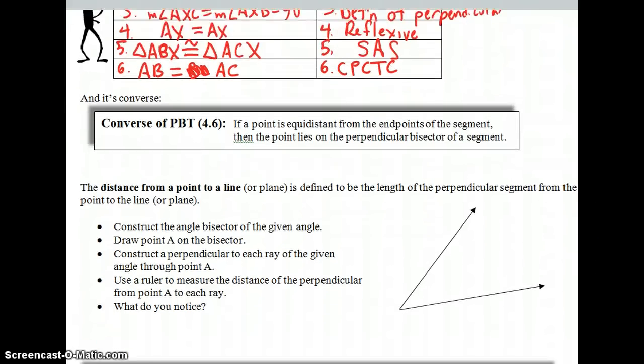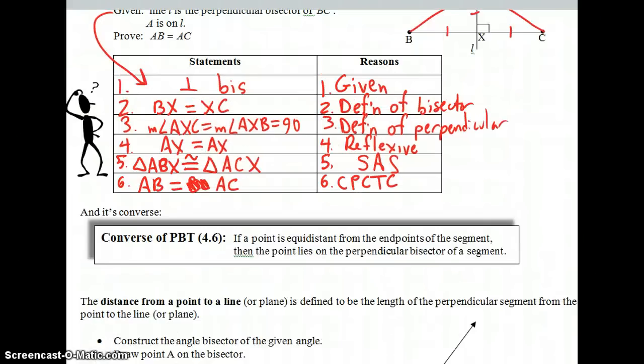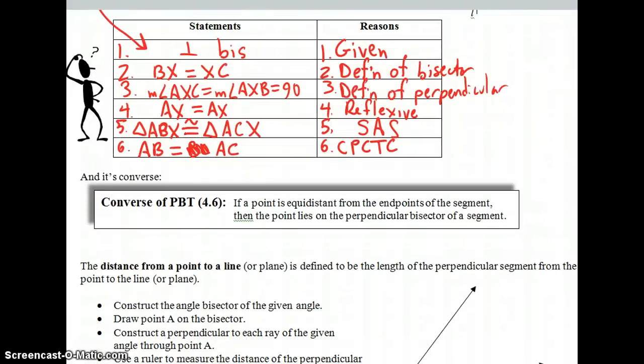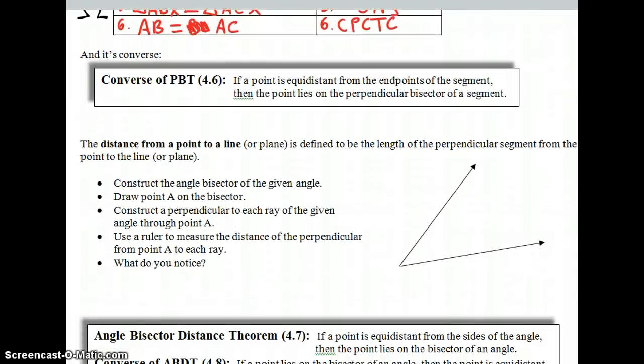Alright, converse of the pivot. Oh, wait. Pivot? What's that stand for? Sounds like some kind of sandwich. Oh, perpendicular bisector theorem. Okay, great. Converse of the perpendicular bisector theorem. The perpendicular bisector theorem was if a point is on